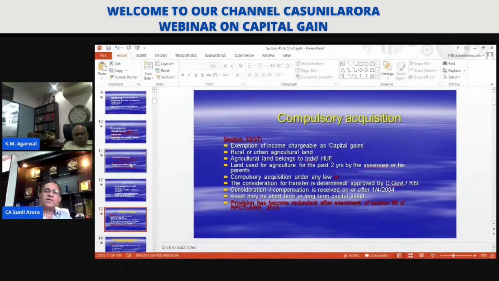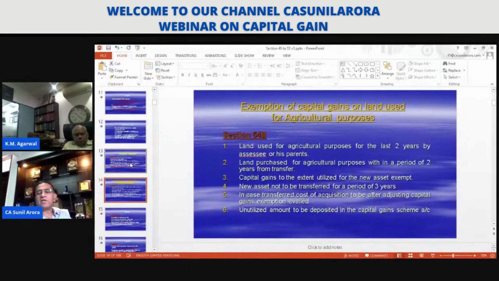Now, in a way, 10(37) has become redundant, because any compulsory acquisition happening after 1/4/2014 would be under the new law, which would in any case be exempt. And please note, there the